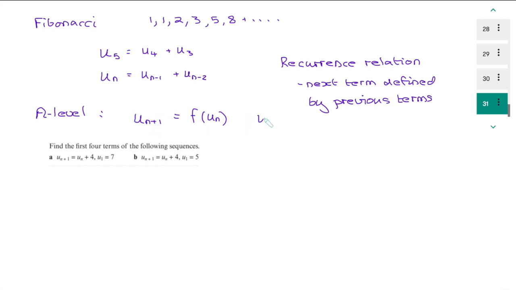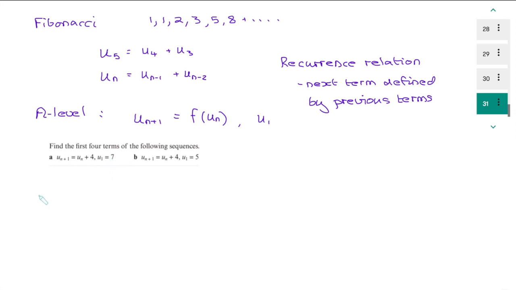Well, I need to know the first term, don't I? I need to know what u1 is, right? Once I've got the starting point, I can calculate every other term from there. It's just like when we were looking at arithmetic and geometric sequences, we said what do we need to know to define the sequence, and the starting value is always one of those things. So here we've got u(n+1) = u(n) + 4, and we're starting with u1 equals